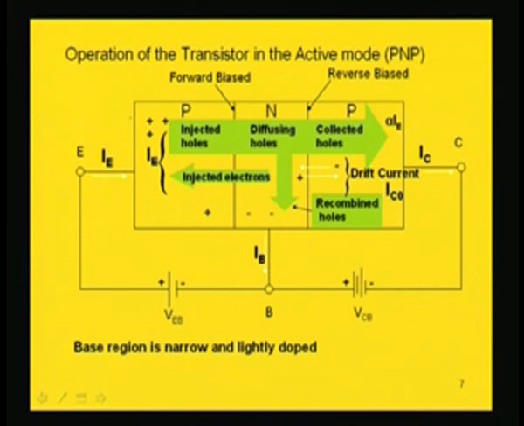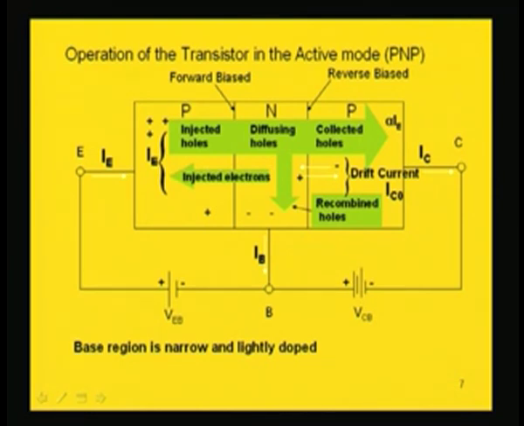Now, the junction between emitter and base should be forward biased, that is P is at a higher potential than this N, and this collector base junction is reverse biased. So, this collector is at a lower potential than this base. These are done by the two potentials, VEB is forward biasing the emitter base region and this VCB is reverse